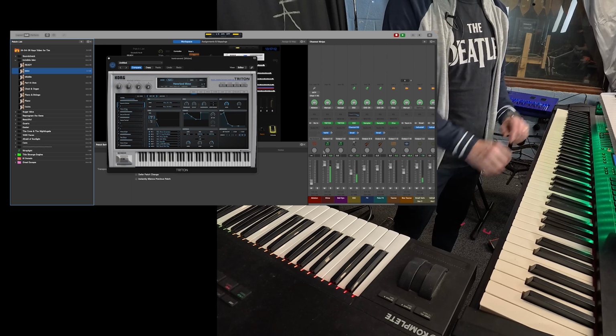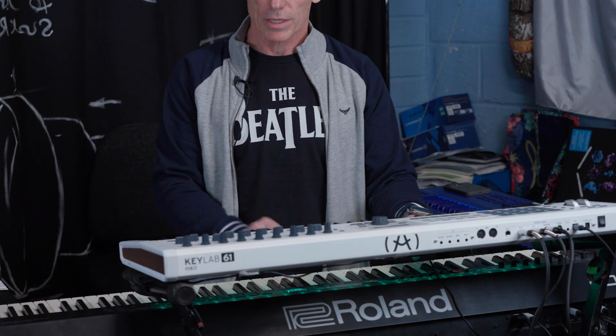was a Korg Karma sound, and Triton, which is also by Korg, can reproduce pretty much all the sounds that I had in the Karma. So I could get rid of it and still have those sounds that are really important for those songs from Marbles. And then this Keylab, the Arturia, has a really nice feel to the keyboard. It's very light, so it's good for solos, and obviously the RD is more of a piano keyboard, but I really like it, so that was a good opportunity to switch to a new keyboard.